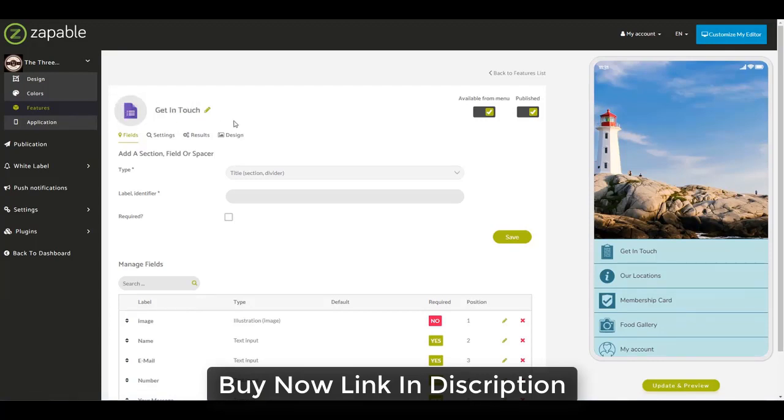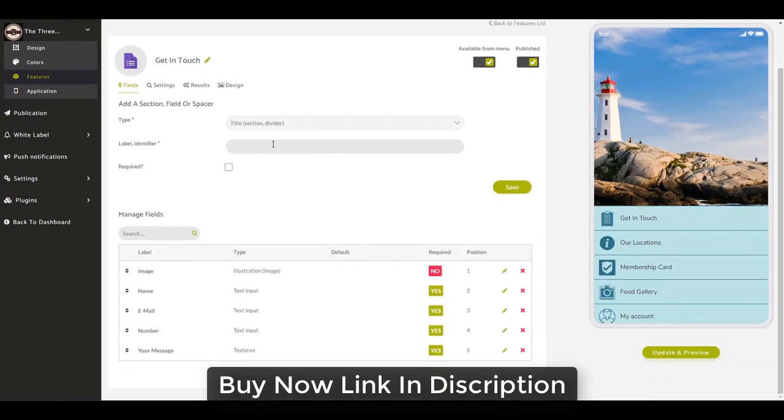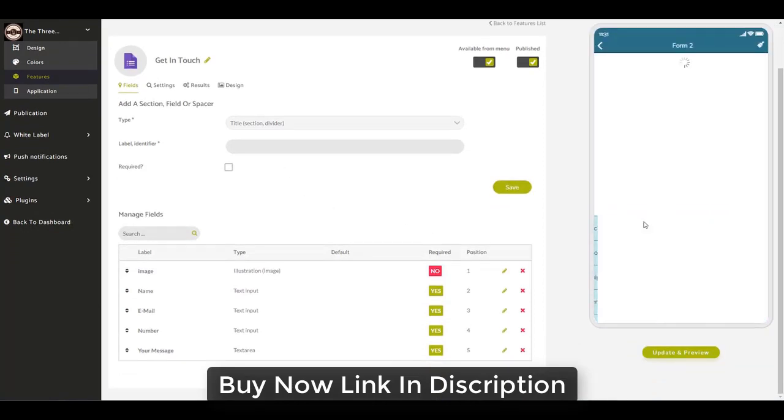in Touch. To rename them, you just click the little pencil icon and then you can change that to whatever you want, and whatever you put in this section here will be what displays on the actual menu within the app. Now I've created a basic form, and if we open up the form feature here you can